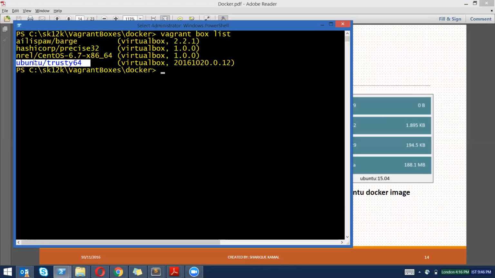So what I'm telling is these are boxes, right? Which currently I have on my laptop. If I want to create an Ubuntu machine, I need to give this box name as my base box. If I want to use a CentOS machine, I need to give this name as my base box. So what will happen? The new machine which is being created in Vagrant, it will clone from this particular box,